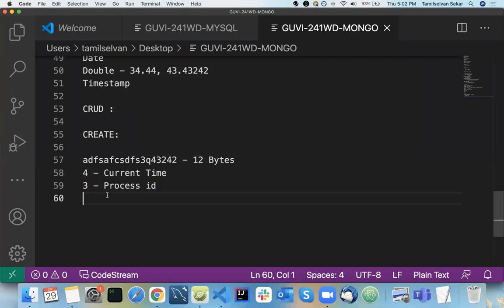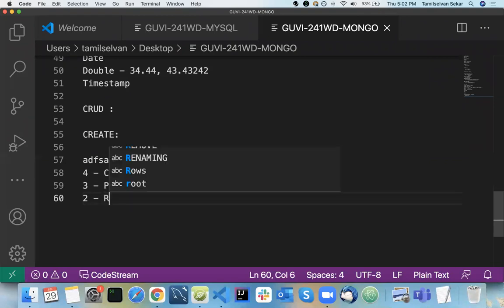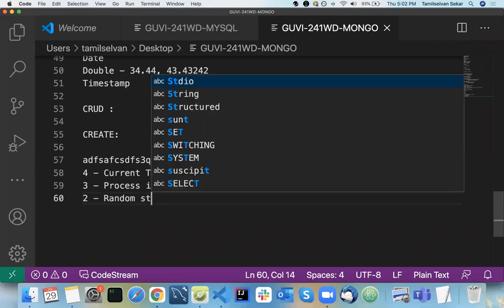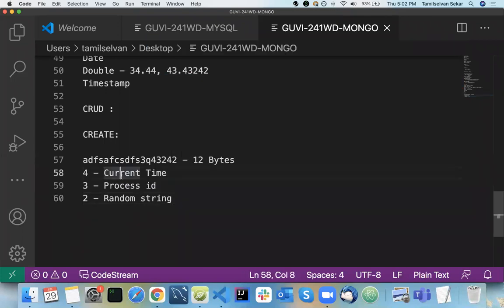The last 2 bytes are going to be a random number, basically a random string. This is how your ID is being generated.